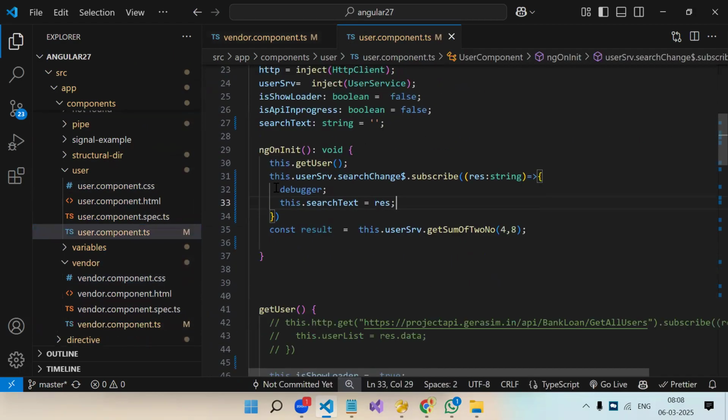This subscribe, we have written this in ngOnInit. So by default, when our component gets initialized, this function will get automatically executed, and this gets registered. So now we are listening to this event change. When the component is initialized properly, this line will execute. So now we are constantly looking for a change in this subject, and once any change happens, our subscribe will